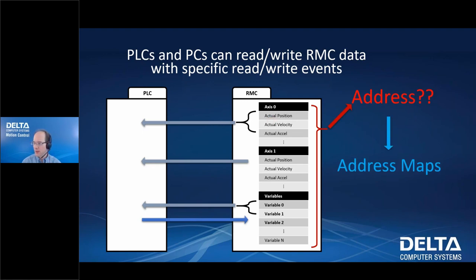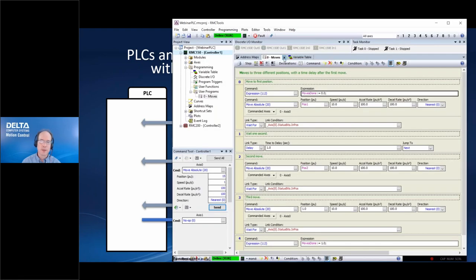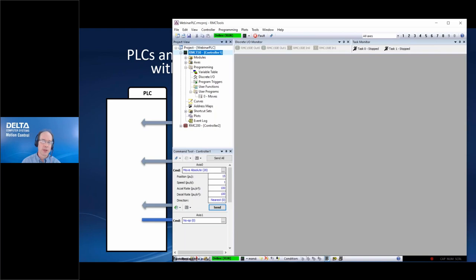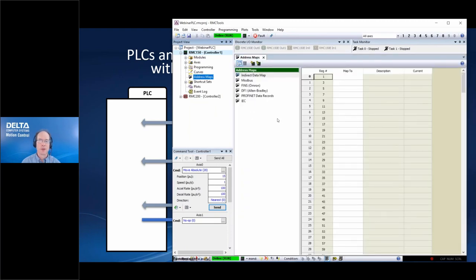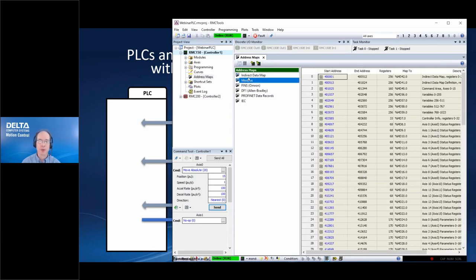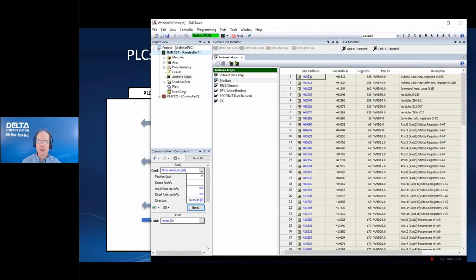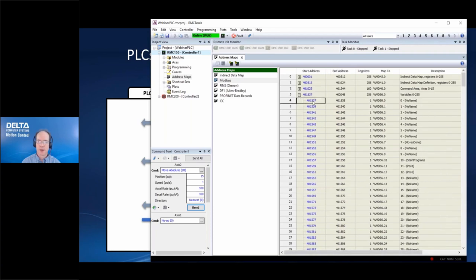So if we look inside the RMC tools, if we look in the project here, this is a controller I'm connected to, we have the address maps. I double click the address maps and we'll talk about the Indirect Data Map a little bit later. We have address maps for each protocol. So each protocol can access all the registers in the RMC, or at least most of them. And we list here the addresses and the registers inside the RMC. So if I want to read a variable, I can see here that we have the variables. I expand that section and click here. This is address